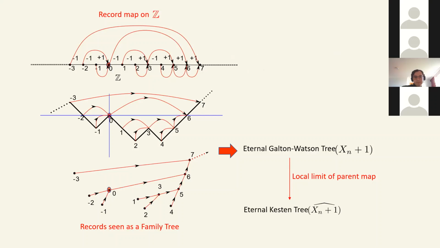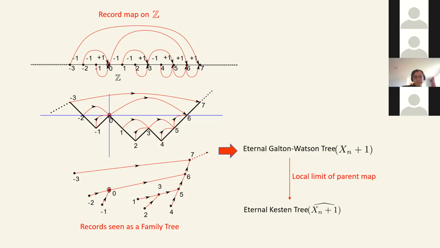Do you understand why 2 is mapped to 3? From the middle picture, you can see that it's the first time the sum of the increments is greater than 0. And 3 is mapped to 5 because first it goes to -1 and then +1, so the sum is equal to 0.